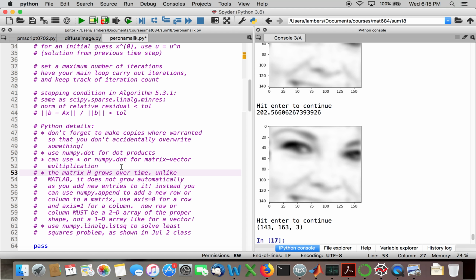Now, the matrix that you're forming, your Hessenberg matrix, which is really a tridiagonal matrix because of the symmetry, grows over time. And it's not as easy to add new rows or columns. Now, I showed you hstack and vstack before. That's for adding whole matrices. You can use that. And I found that if you're adding rows and columns to just a single row or column at a time, using append works well. And so using NumPy's append function,